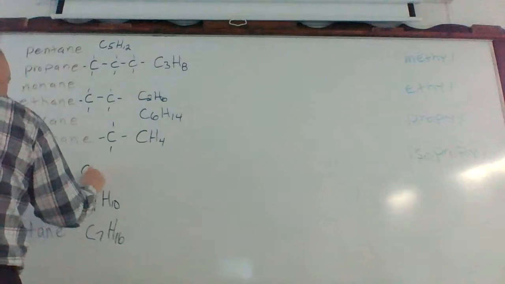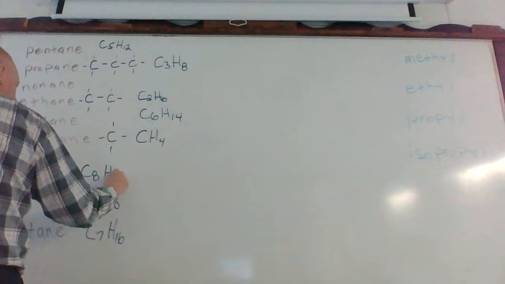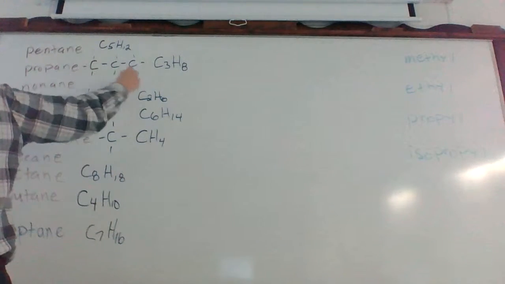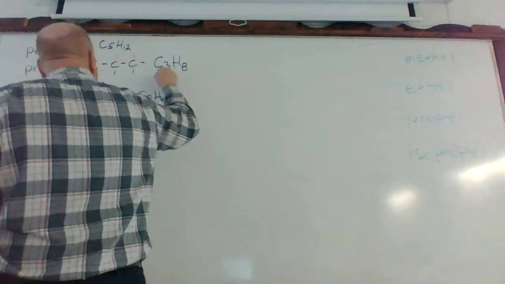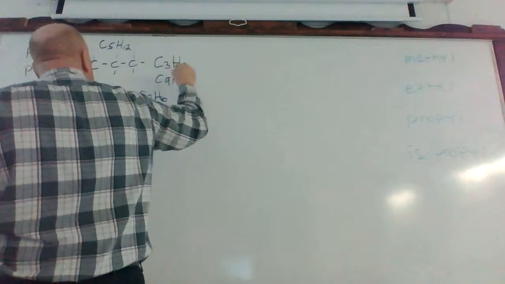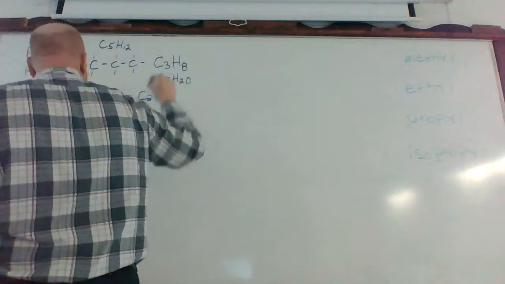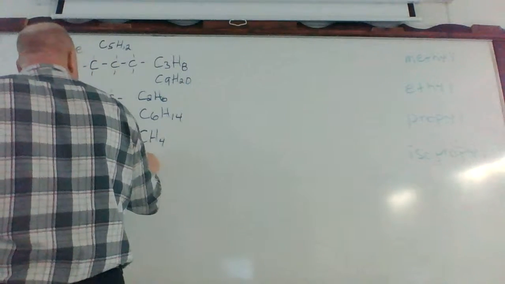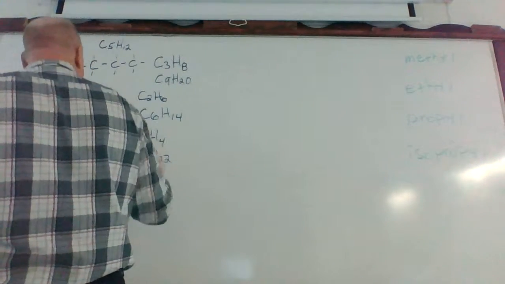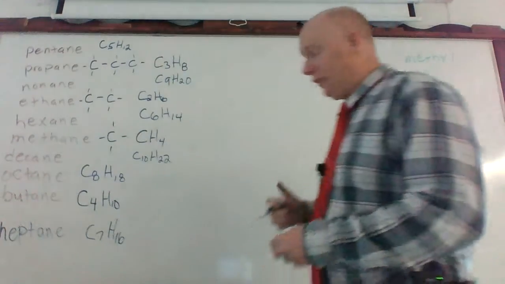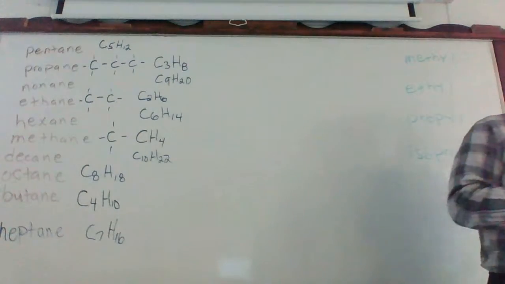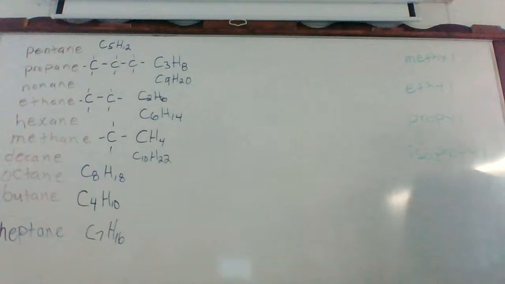So C8, H18. After heptane is C9, H what? And finally, decane, C10, H22. Okay, so that is your order, yes? Methane, ethane, propane, butane, and then after you make the number butane and move up to pentane,